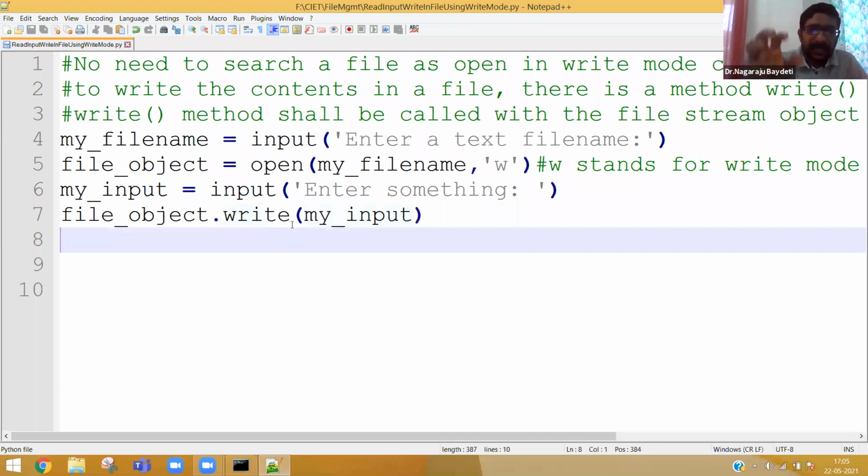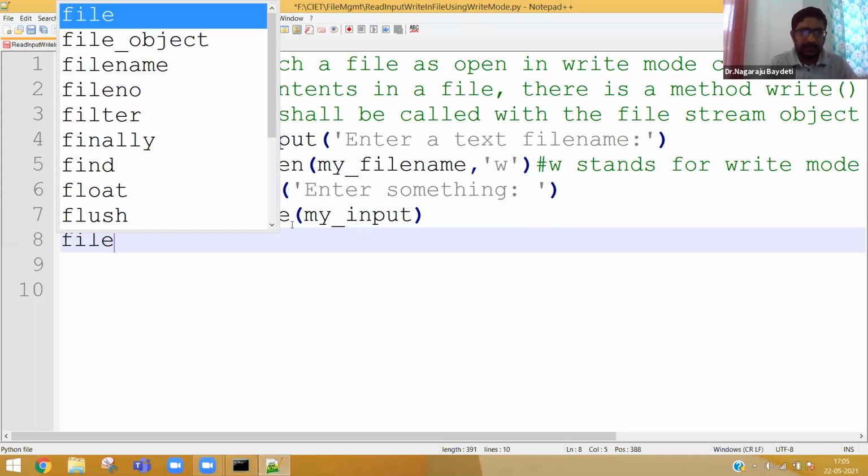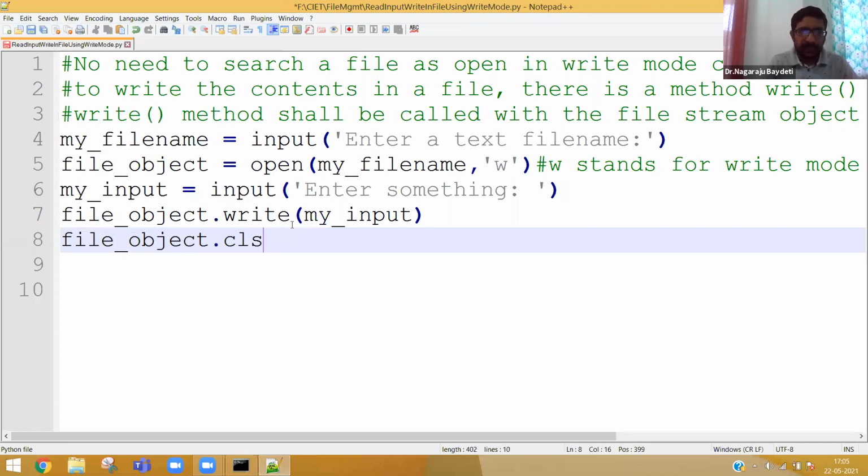Now, after writing, my purpose is completed. So it's a good programming practice to close the file. How to close the file? Use the file_object. What is file_object? It's an object which got permission to open the file for write mode.